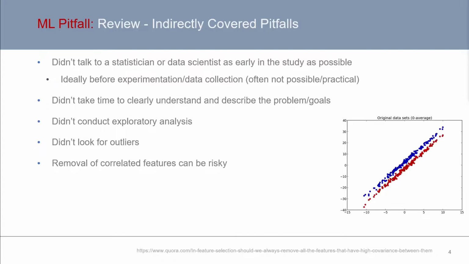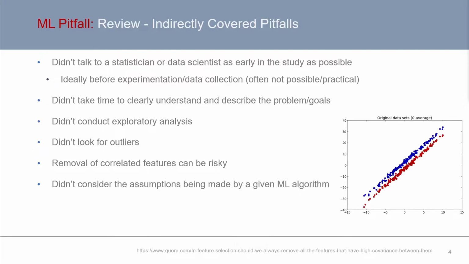Furthermore, we alluded to the possibility that removing features that are strongly but not perfectly correlated can be risky, given that it's possible that crucial information might still be lost, leading to poorer model performance than might have been achieved. Another potentially big pitfall is failing to consider the assumptions being made by the algorithm or algorithms and respective hyperparameters used for each. This can lead investigators into making incomplete or incorrect conclusions.